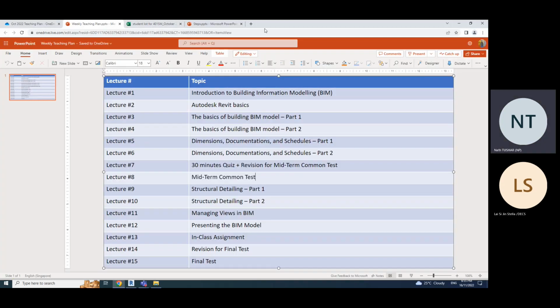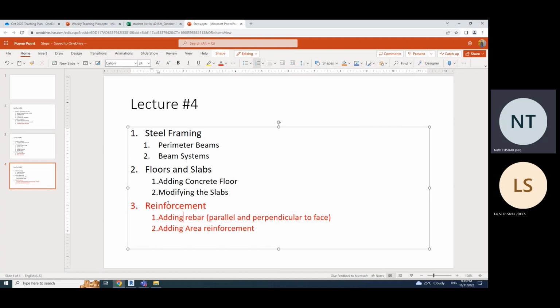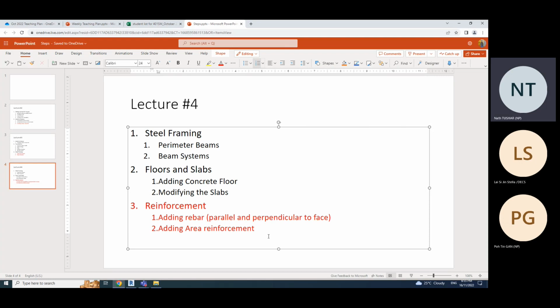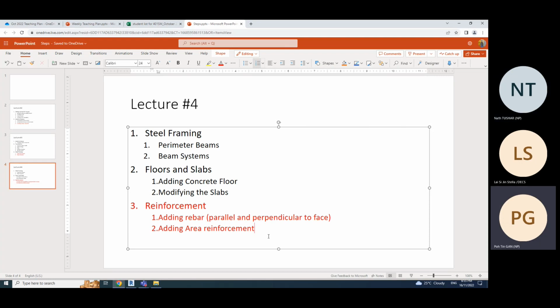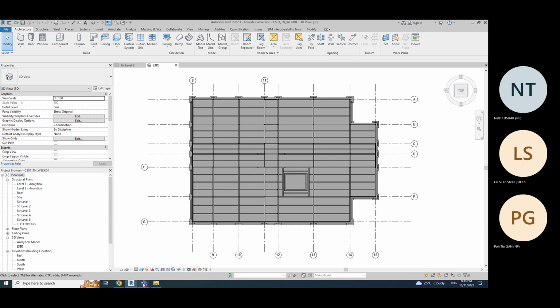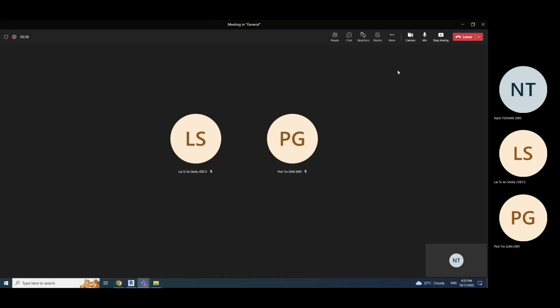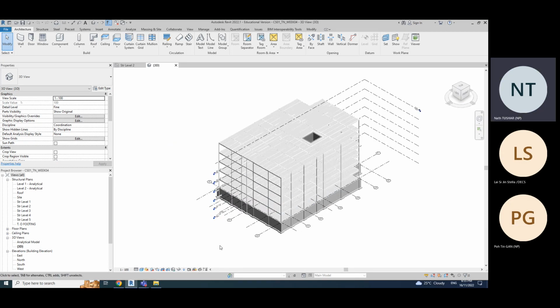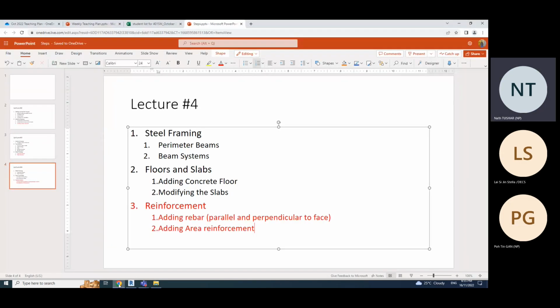Floors, we did it, right? You all remember? Yeah, so floors, I think we did last week. That should be good. Yep, we did it. And today what we will do is